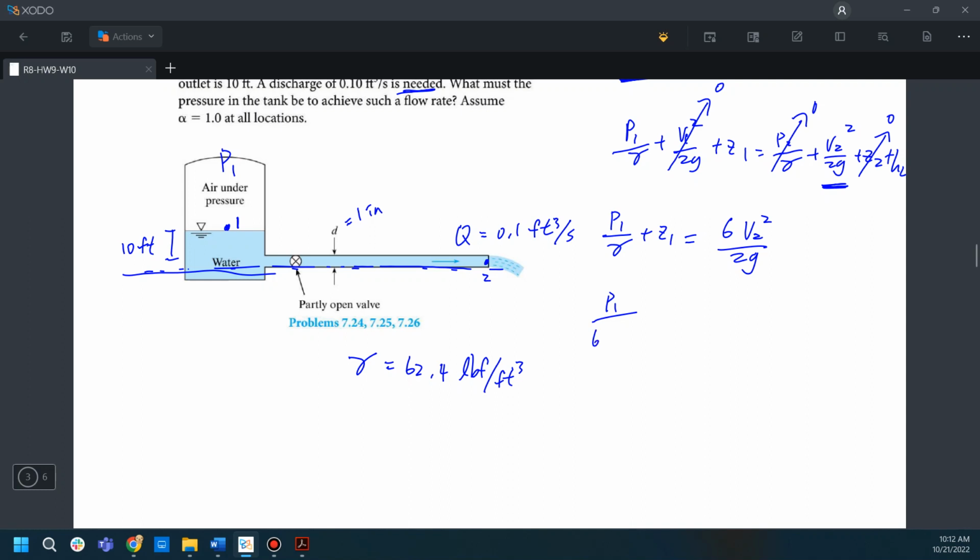Okay, so 62.4 plus Z1, which is already given, that is 10 feet,